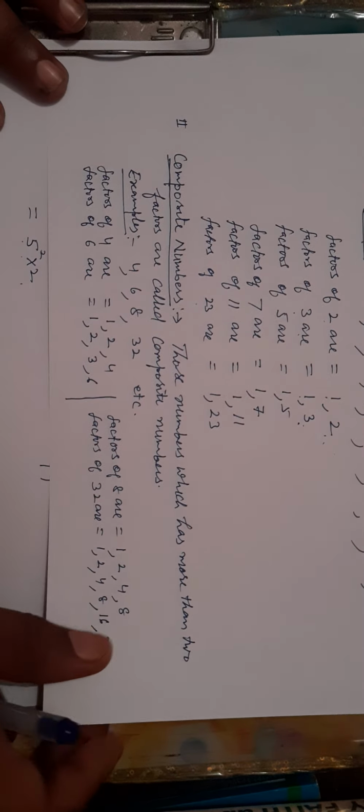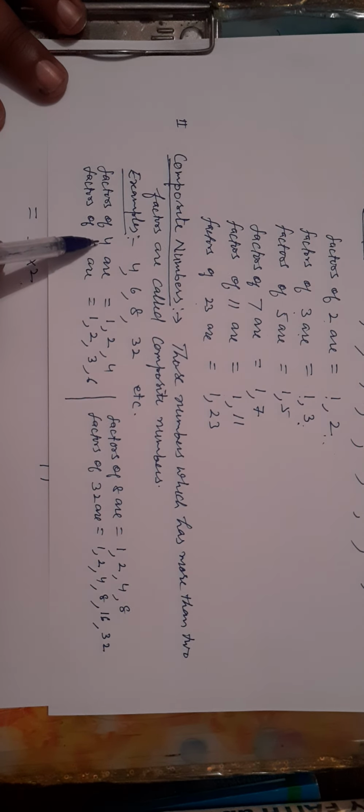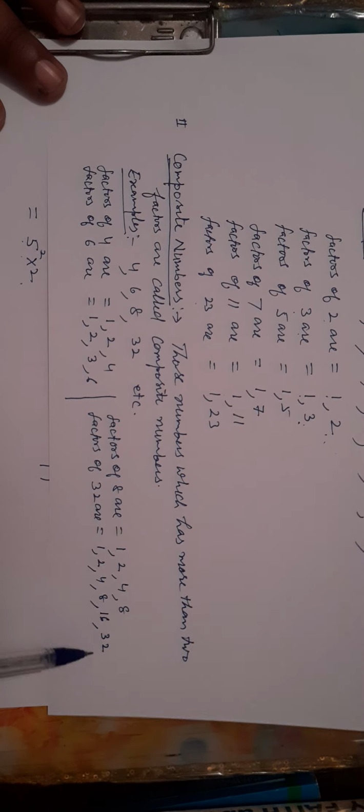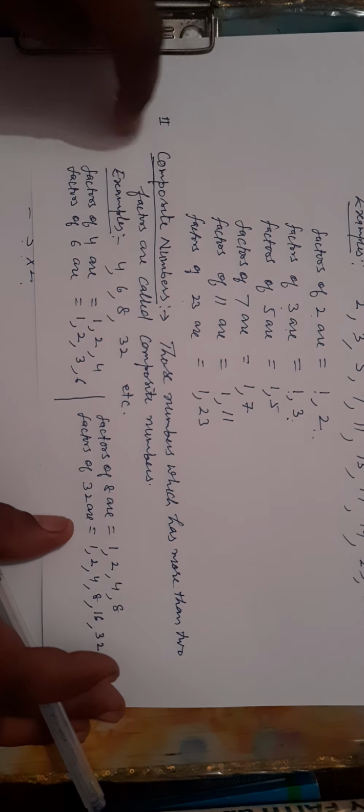Similarly, the numbers which have more than two factors are called composite numbers. These are here 4, 6, 8, 12, 32. What are the factors of 4? 4 is divisible by 1, it is divisible by 2, it is divisible by 4, so it has more than two factors. Similarly, 6 has factors 1, 2, 3 and 6. Similarly, 8 is divisible by 1, 2, 4 and 8 itself. 32 is divisible by 1, 2, 4, 8, 16 and 32 itself. So these are the composite numbers. So when we know these definitions,